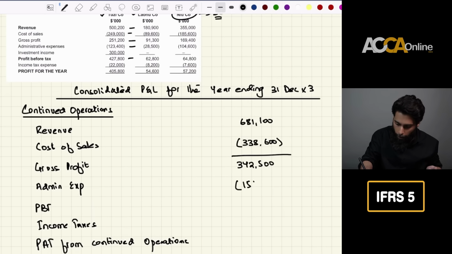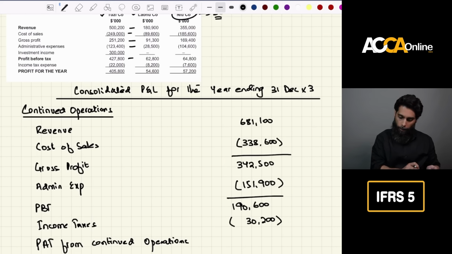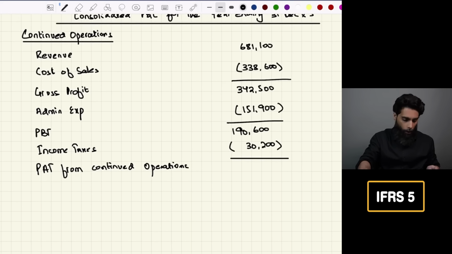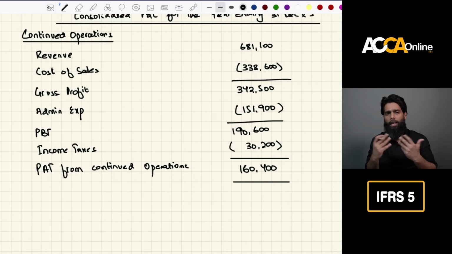So admin expenses come as 151,900 and you will get a PBT of, I guess, 190,600. Then income tax expenses of, I guess, 30,200. So I think your normal profit from continuing operations would be 160,400. And now once you have prepared a normal consolidated P&L, as you would normally do while solving any consolidated